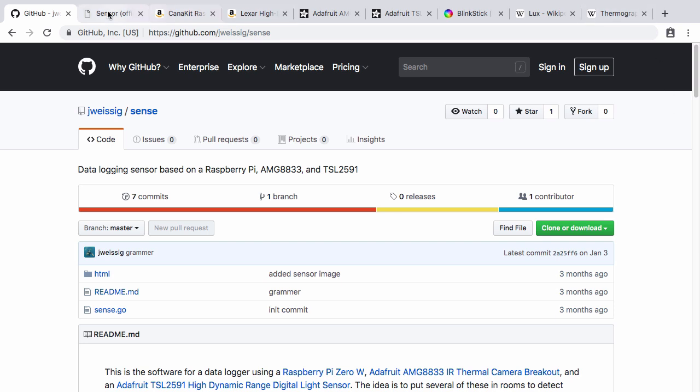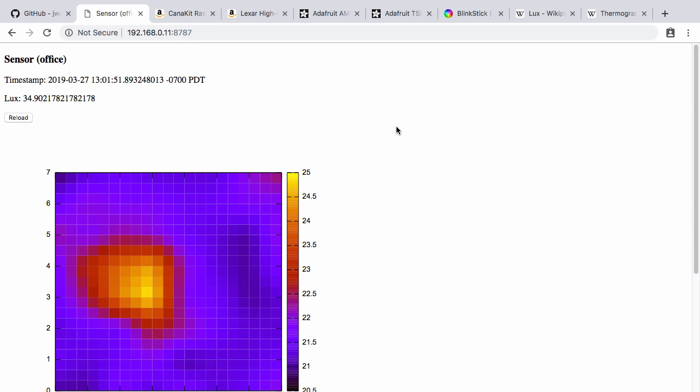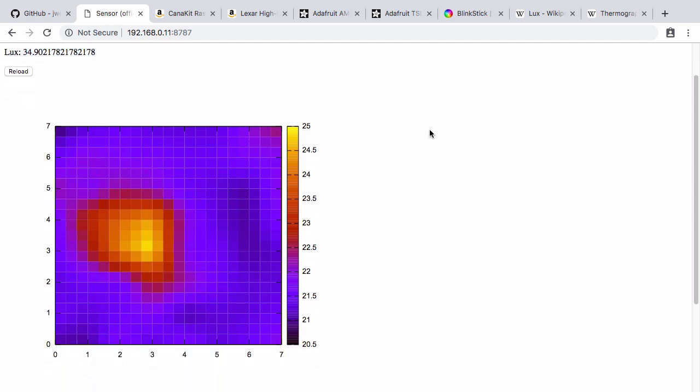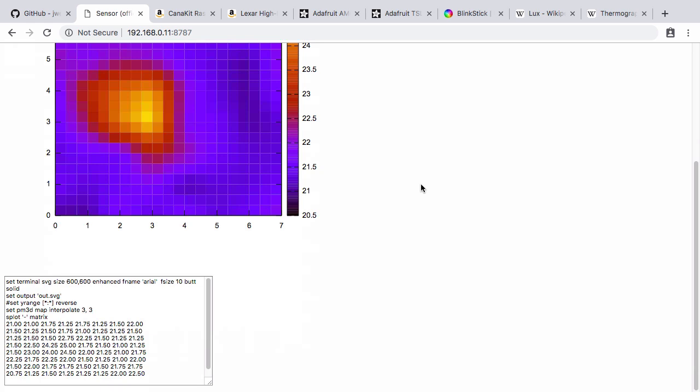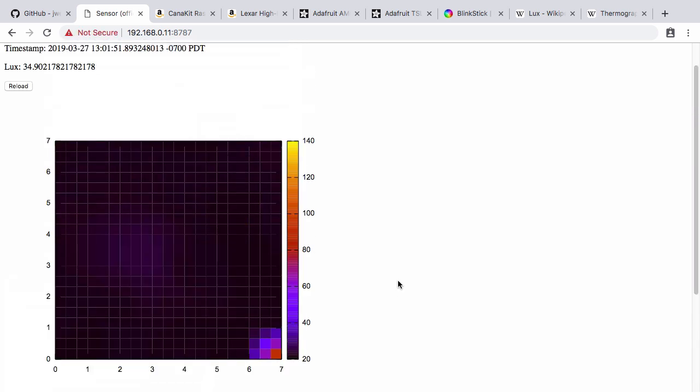All right, so let me show you the web interface for a minute. So this is a live reading of what the Office sensor is seeing right now. You can see the timestamp, the lux or light value, which is the visible light in the room, and then down here there's the thermal sensor data being plotted out into an image. What's cool about this is actually a project that allows you to run GNU plot in JavaScript, and then I'm using this to plot the data. So you can see down here the values and the script that I'm using to generate this image. So you can tweak all these values and have the image change